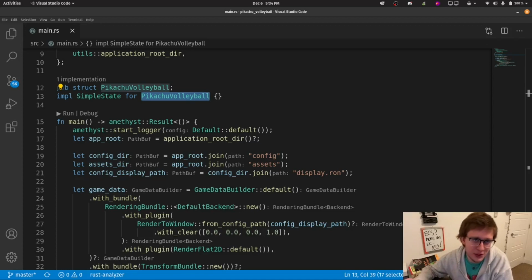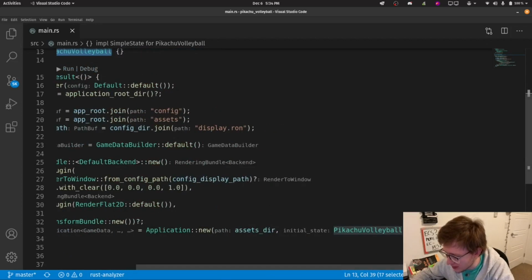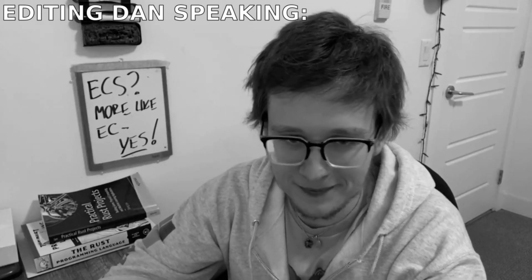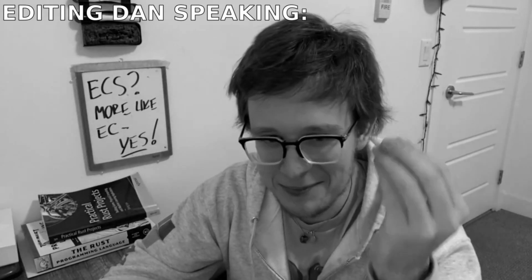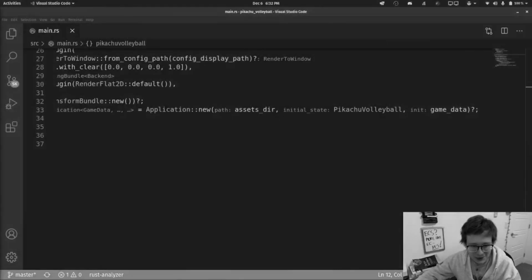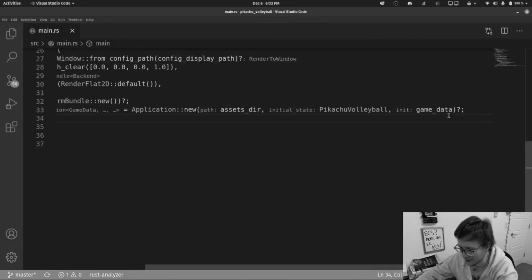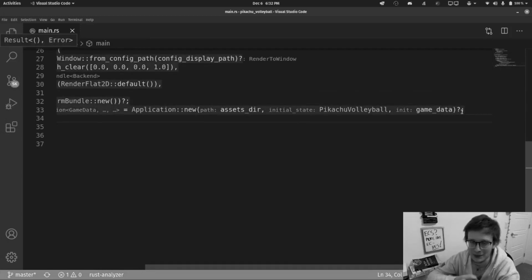So it's literally just the game states. Yeah, and then the third parameter that we need is the game data. I keep butting my face in front of the code. Anyway, just to show you what I meant, game data is this. Okay, so that's how it looks. Initial state, PikachuVolleyball, and then game data, just in case you're following along and copying. There you go.